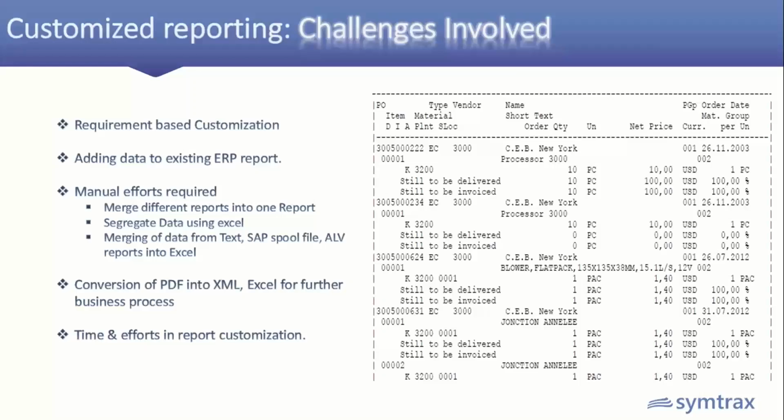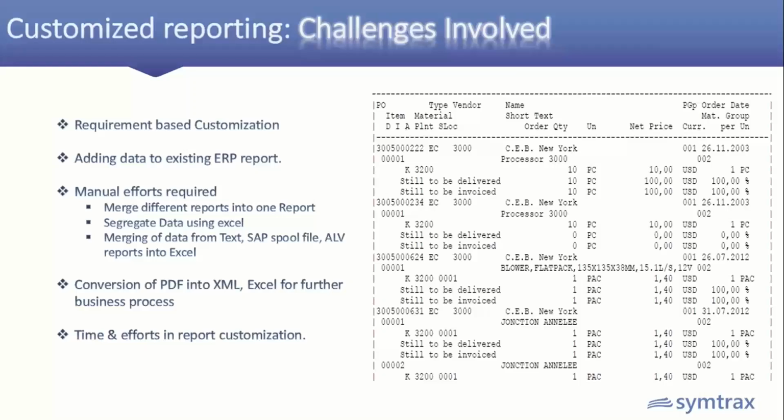On the screen, you can see on the right-hand side, this report consists of all vendors' data in one report. Let's suppose the header data is scattered and not in a readable format. A purchase manager may want every vendor's data in a different Excel along with the calculation, and because this data, as I mentioned, is not in a readable format, he might have the requirement to merge